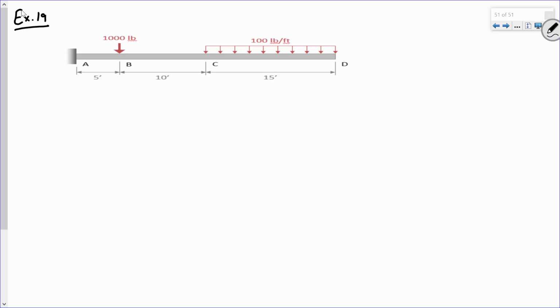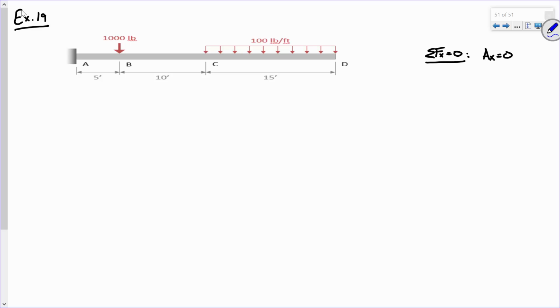All right. So the first thing we need to do is we need to handle that support. How many reactions are we going to have at that support? Well, 2 for this beam, but how many theoretically would we have? 3, right? Because if it's a fixed support, it has an X reaction, a Y reaction, and a moment. Okay? Now, what is the X reaction going to be? 0, right? So if we want to exhaust those equations of equilibrium, we can say sum of forces in the X direction